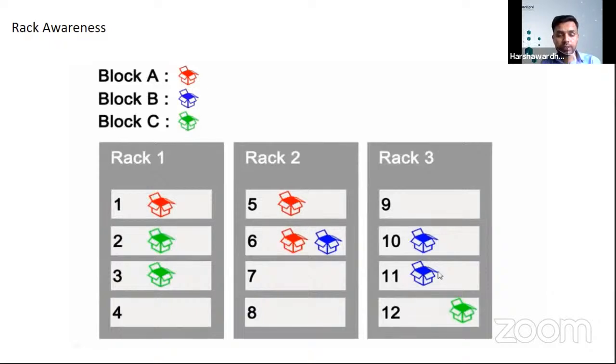So I want to process this data. Now, how to submit the application and what kind of processing there will be, don't worry about that. Let's consider a very simple example. We just want to find the counts of the words. This is the Hello World program everybody talks about when it comes to Hadoop. Let's say in this particular file, we just want to calculate how many words there are and how many times every word occurs.